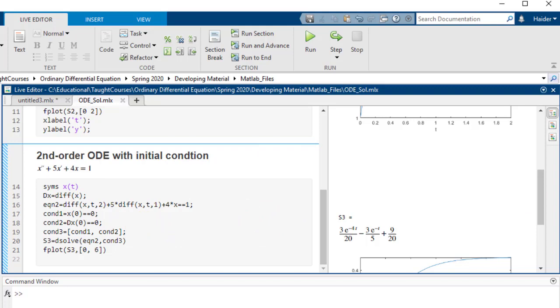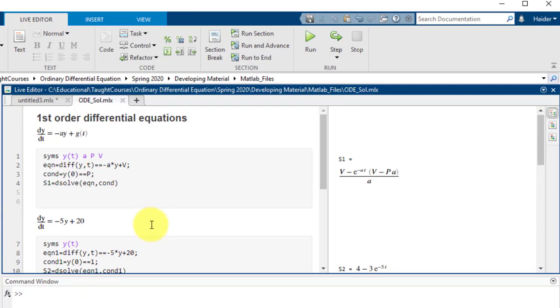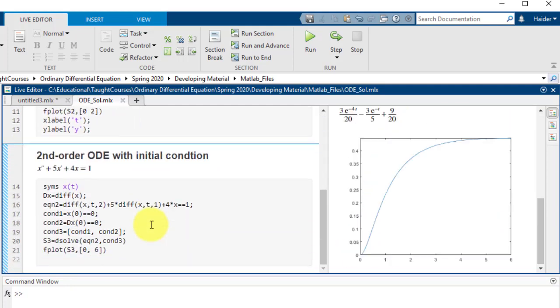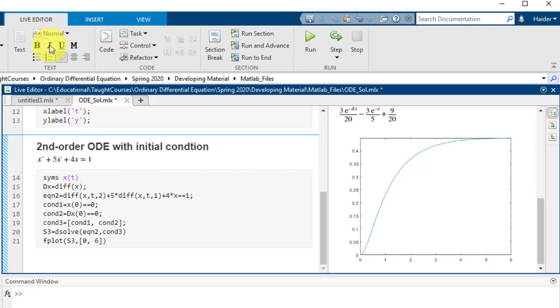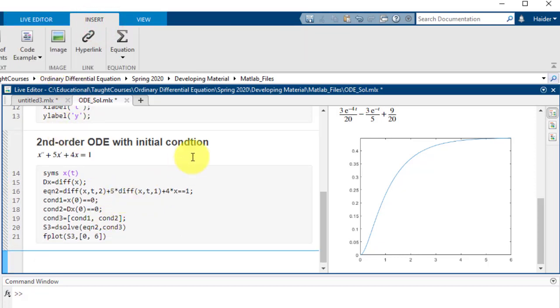Okay, so now I'll jump to the system of differential equations. We have discussed the first order differential equation, then the second order differential equation, and the next step is we'll see how we can solve the system of differential equations. So again, I'll put a new section here. I'll just go to insert and a new section,